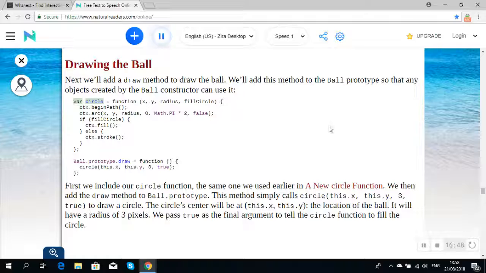Draw ball. Objects created by the Ball constructor can use it. var circle = function (x, y, radius, fillCircle) { ctx.beginPath(); ctx.arc(x, y, radius, 0, Math.PI * 2, false); if (fillCircle) { ctx.fill(); } else { ctx.stroke(); } }; Ball.prototype.draw = function () { circle(this.x, this.y, 3, true); };